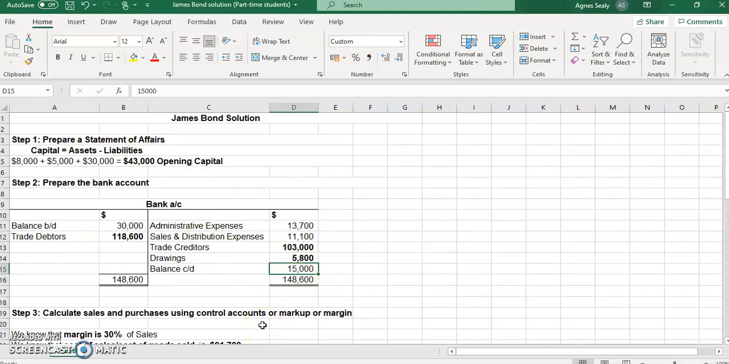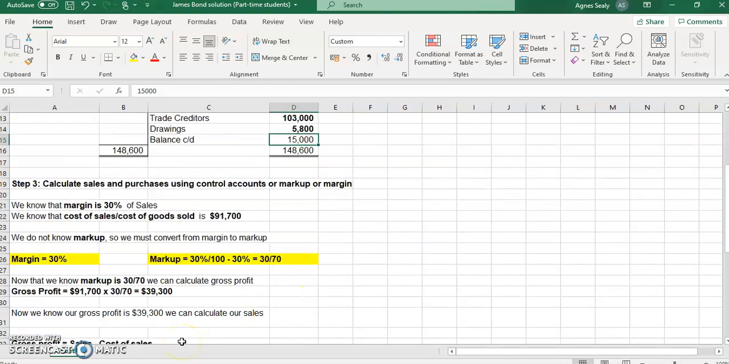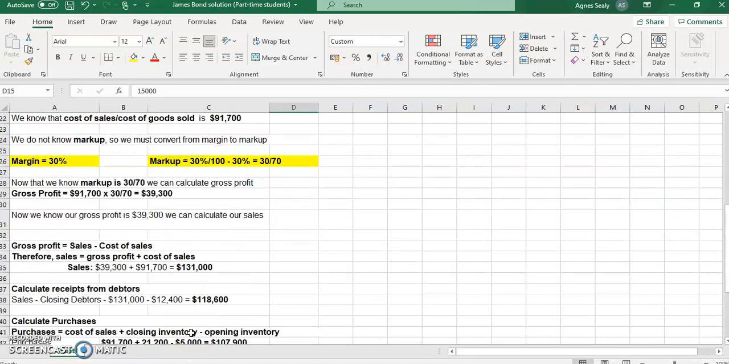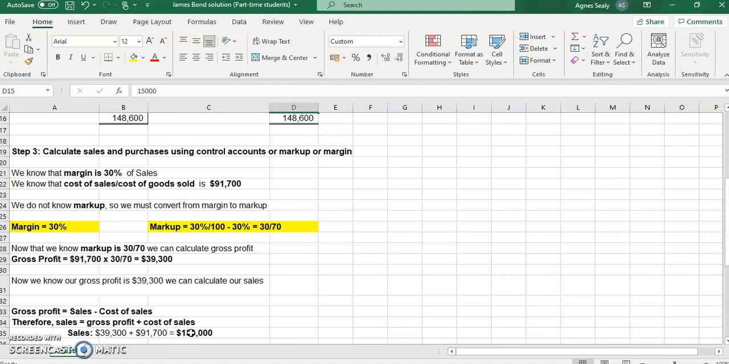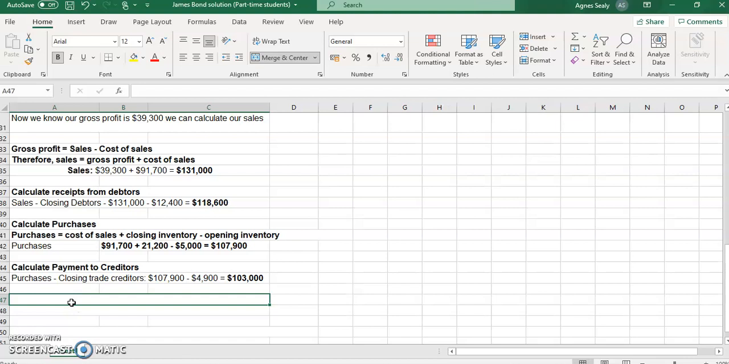So we know a lot of information now. We know what our drawings are for our statement of financial position. We know our sales, so we can do our income statement. We know our purchases. We have lots of information. So that is basically our step 3 that is completed by using the markup margin method rather than the control accounts method. So the step 4,